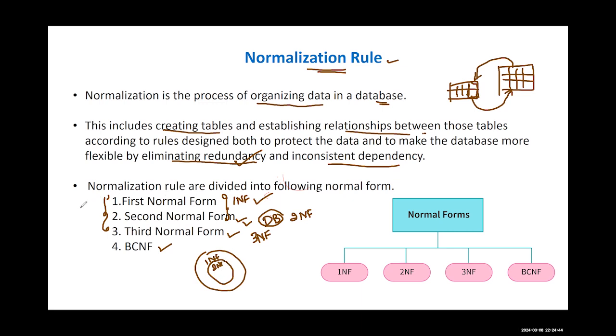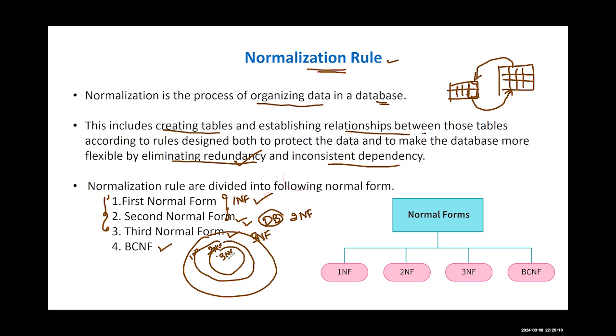It is not necessary, but of course it can be. Let me draw it bigger. So I will say that a database in first NF can be in second NF,